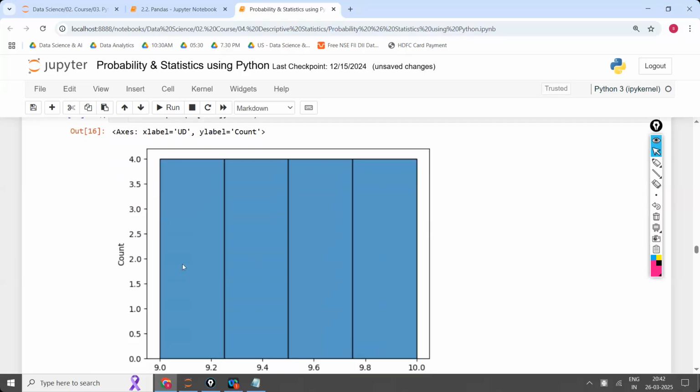Sir, is this called bin or bar? That is the question. Within the count plot, we call it bar. The word bar should be used for the discrete variable. Bin is the word to be used for the continuous variable. You should not use the word bar here. You have to use the word bin. In the count plot, you use the word bar. Why, sir? Because that is a discrete variable, this is a continuous variable.